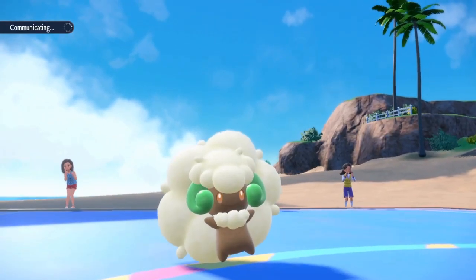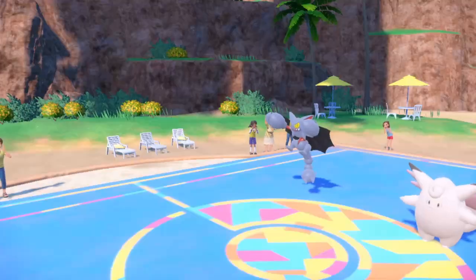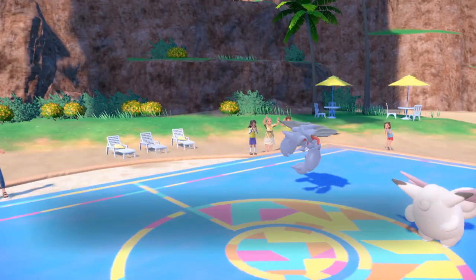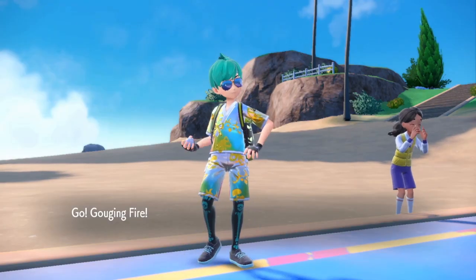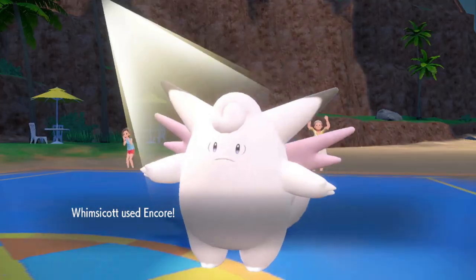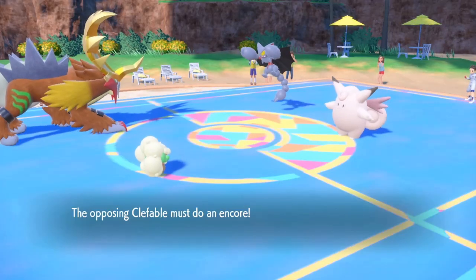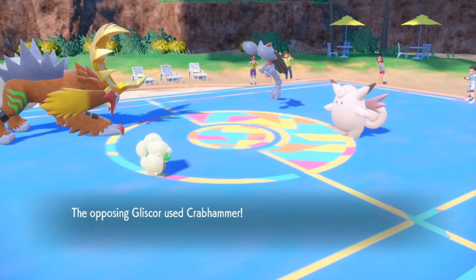I think that's my play here, because the Landorus is so good versus him. If he has Miraidon in the back, it pretty much walls the shit out of Miraidon. He can't hit me with any type of electric type move, so that's a huge plus. I can Encore this into Calm Mind, and that does nothing, because the Gouging Fire is a physical attacker, so...